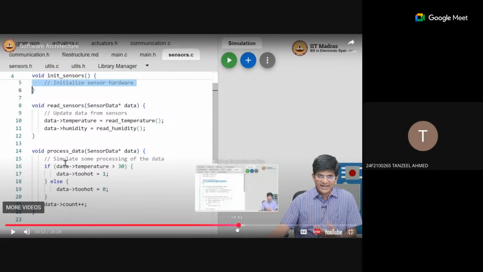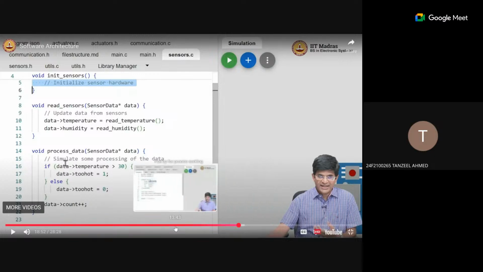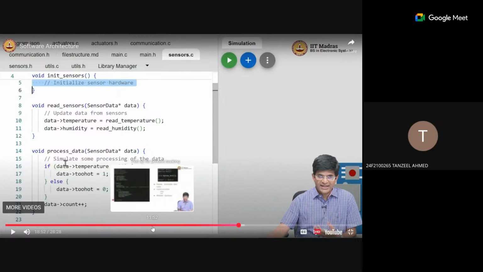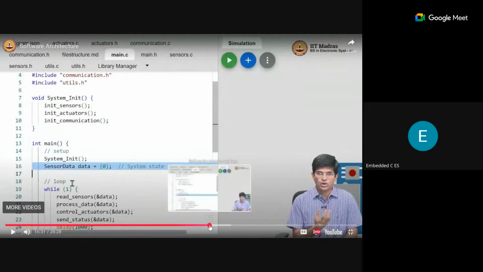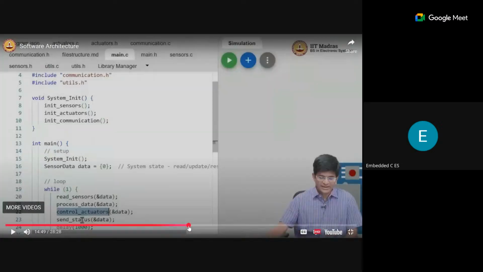For example, in main.c, we are including all the header files now, but how are we reaching the .c file? We are reaching the .h file, that is this sensor here. So maybe the professor has discussed this. Maybe this is not a complete code.